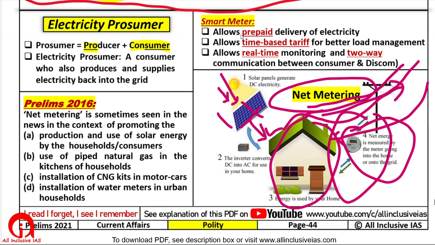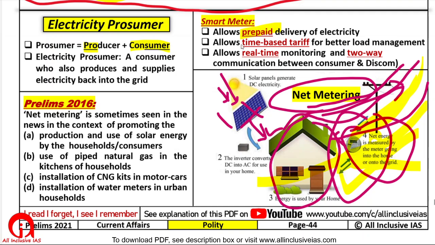So smart meters are basically prepaid meters. Normally the traditional system is that the bill comes for how much electricity you have consumed, and then you pay the bill. Now with smart meters, first you pay the bill, and then the electricity company gives an okay to the meter, and then the meter will allow the passage of electricity to your house. So these are prepaid meters.